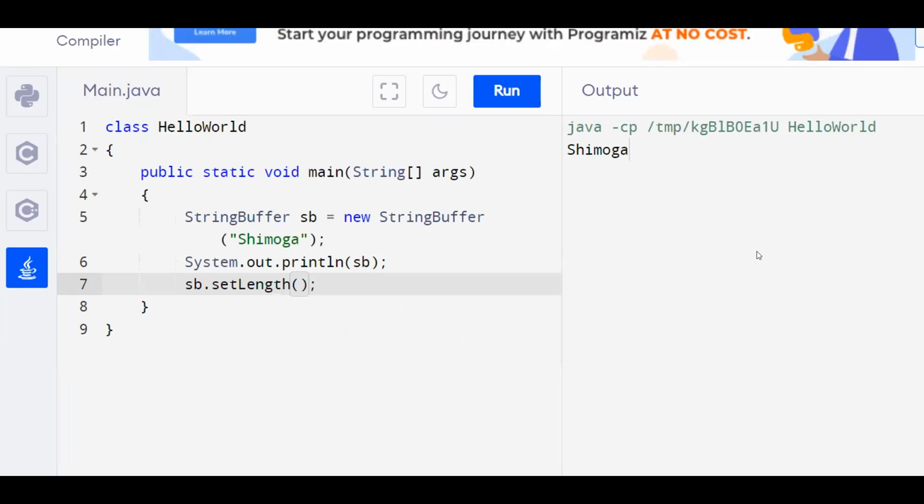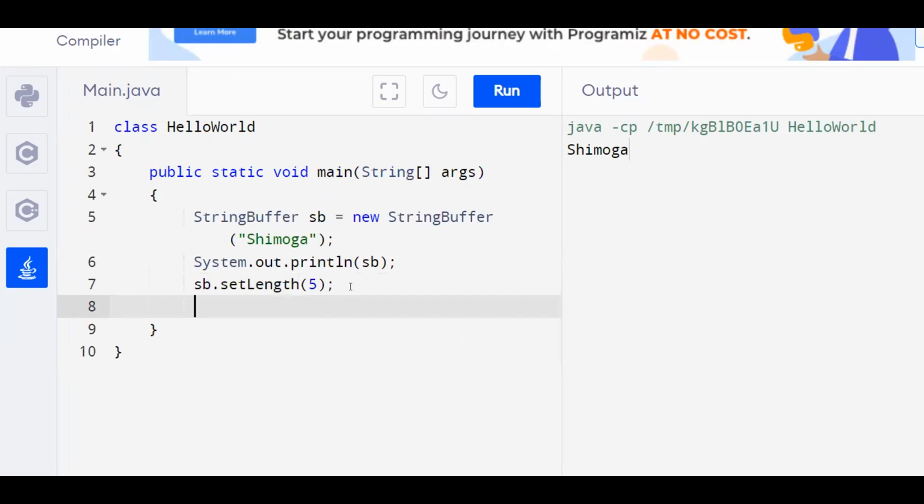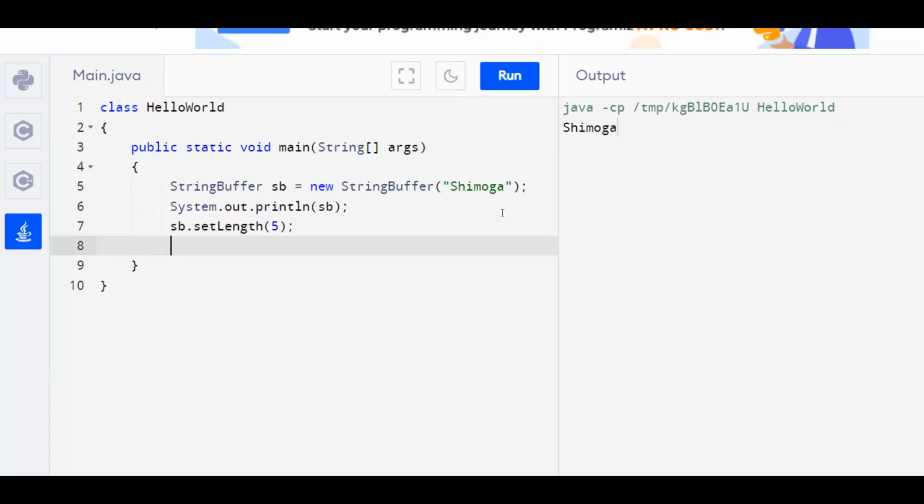So its size has to be specified. Let us give it as 5. So now the length is set to 5. After setting the length, let us again print the string value.